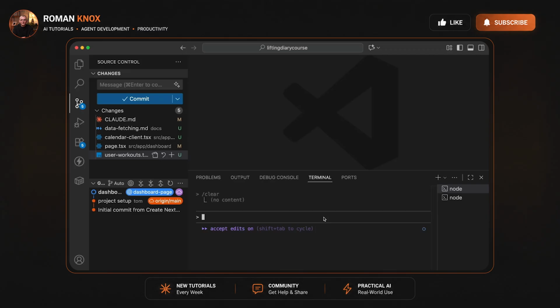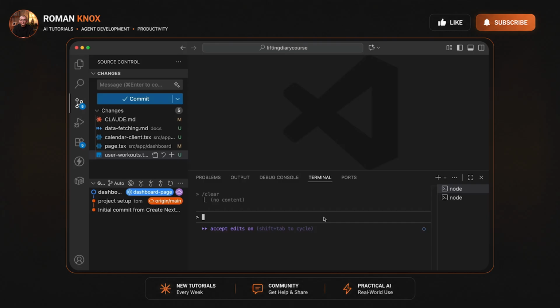Now, I already know how I want to do this, but I'm going to assume that we don't know how to do this, or we want Claude Code to present us with some different options on how to do this. Now, it's at this point as well, I'm going to introduce you to another mode within Claude Code, and that